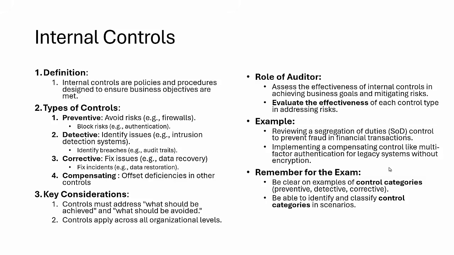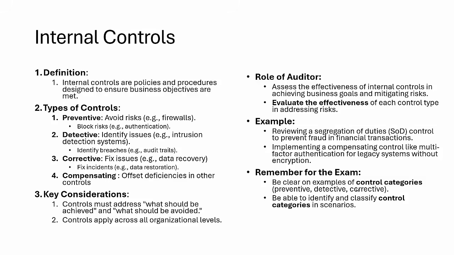So definitely when you're preparing for CISA, you should be very clear on the control categories. What is preventive, when to use it, detective, when to use it, corrective, when to use it. So to prevent the incident, before the incident, we have preventive control. During the incident, we have detective. Post incident, if anything needs to be repaired, we have corrective control.